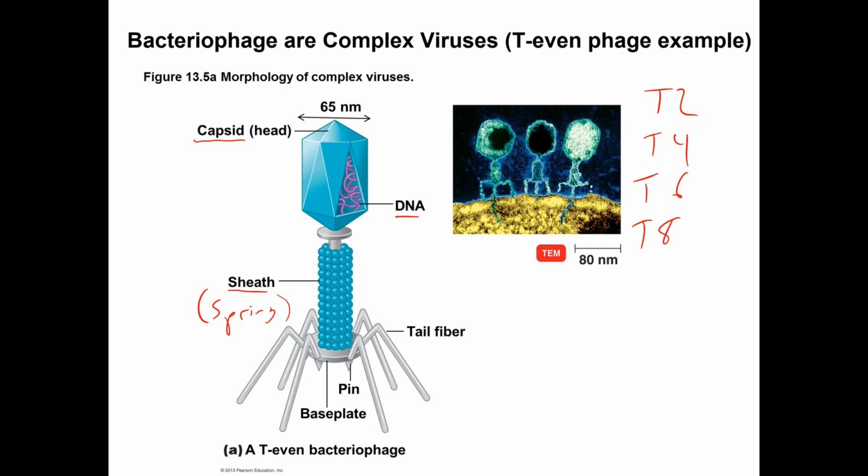Alright, so we got this helical tail sheath, and then that ends in a base plate, which we're not going to mention. But attached to the base plate, we've got the tail fibers, which are spikes. Spikes don't necessarily have to stick out of the capsid. In this case, they're the little legs that it lands on. And then the pins, I'm going to come back to these little fang teeth-looking things here in just a minute. But the point I want to make here is that in the pictures, it looks plastic, right? Or maybe metallic. You gotta keep in mind, this thing's organic from top to bottom. Okay, it's all protein and DNA.